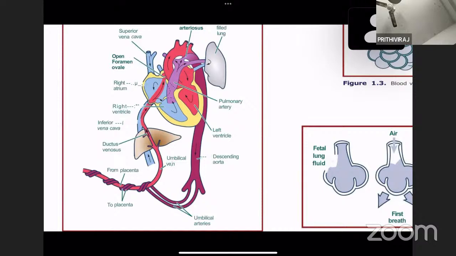The rest of the organs will also develop, but they don't require as much oxygen as your heart and brain do. As a result, your umbilical vein carries oxygenated blood from your placenta to the major organs through three structures. One is your ductus venosus. From the ductus venosus, the blood goes to your inferior vena cava. This red line, the red color, denotes the oxygenated blood, and then from your foramen ovale,